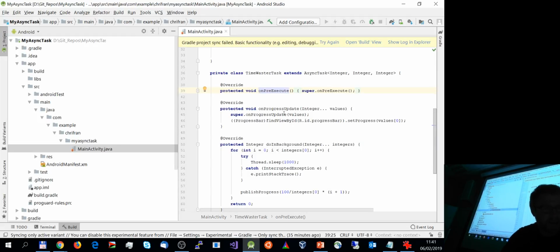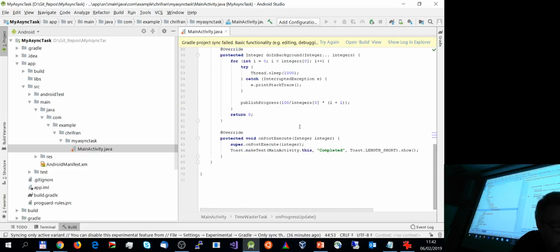In onProgressUpdate, this implementation directly interacts with the UI, in this case the progress bar, and sets the progress based on the progress update information, which is contained in the first index of the values array that's passed into onProgressUpdate.